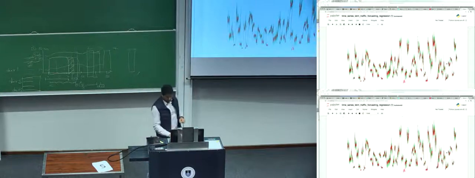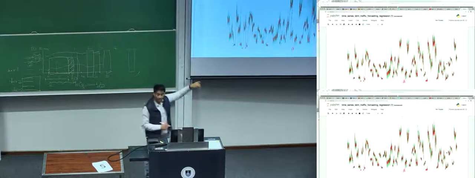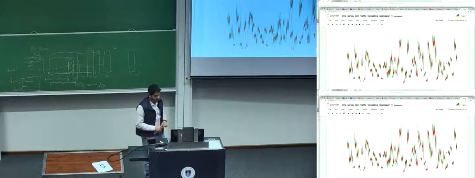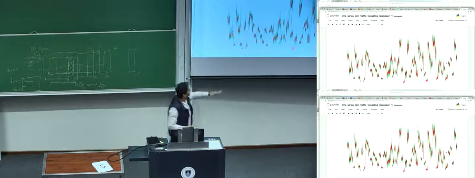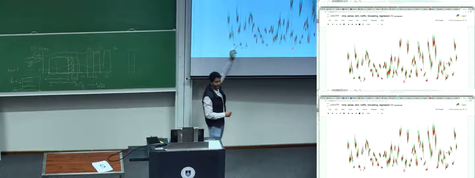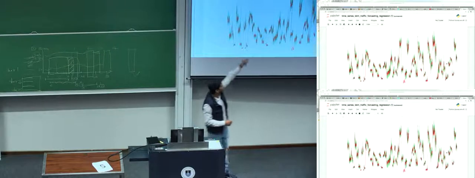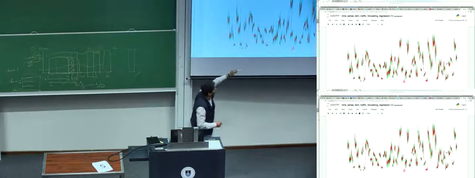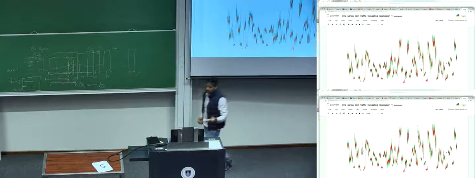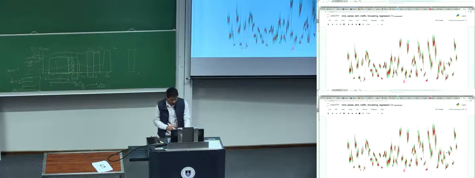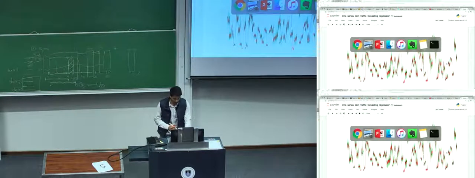So here, the green ones are the actual data, the actual patterns of the time series, and the red one is the predicted one. Now, you can see it's quite off. The red ones are quite off, but at least it's following the pattern. And where it's off somewhere, then it's not giving that, like if I talk about the accuracy of the model,